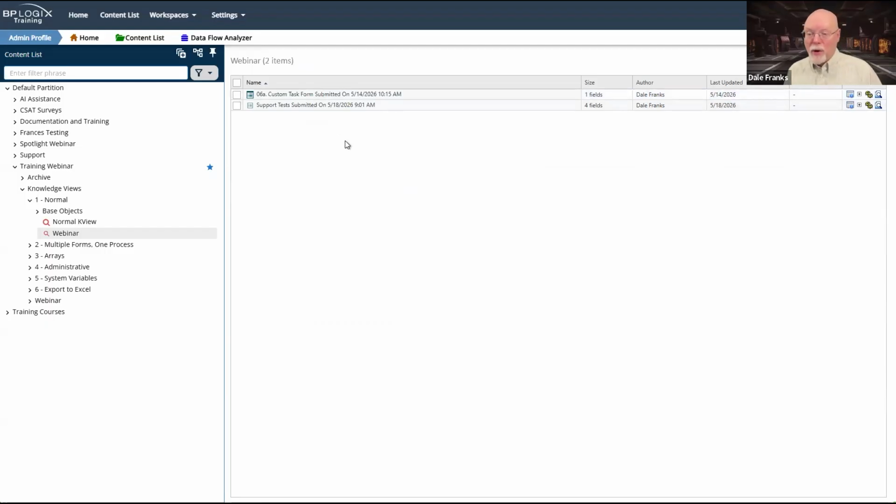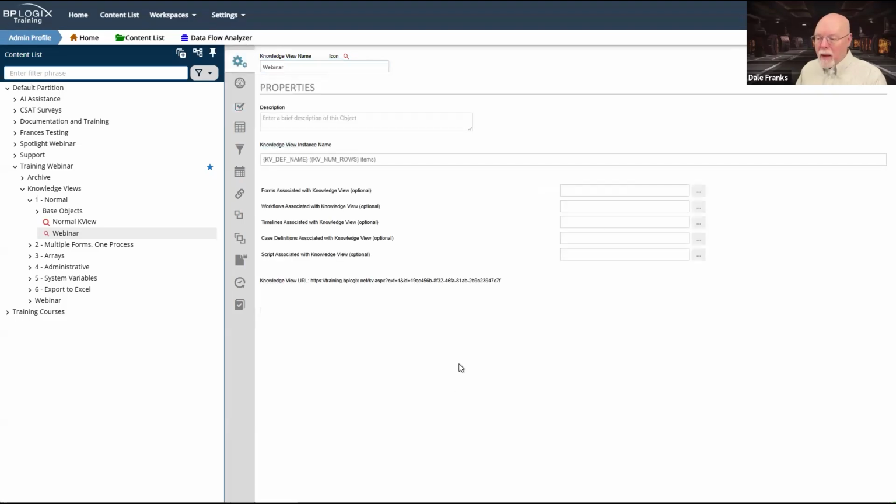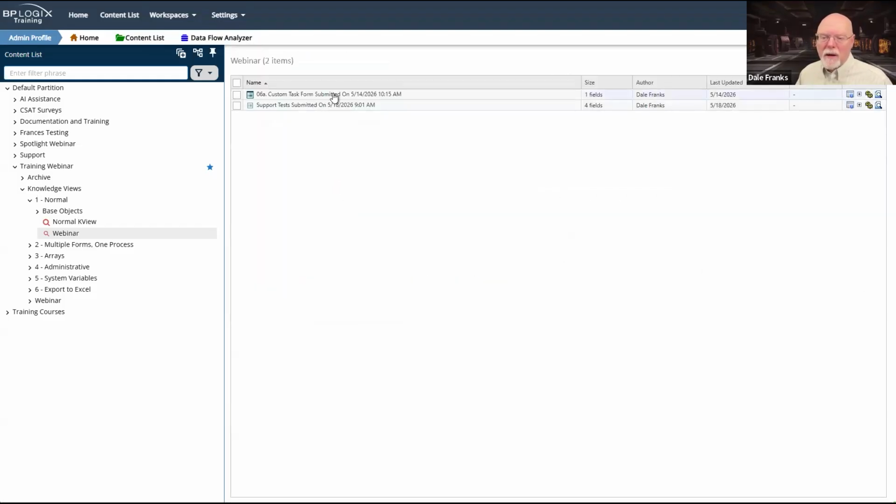By the way, this is also another demonstration of why you don't need to pick both a form and a process timeline whenever you are configuring the properties tab. Now, in this case, I'm not specifying a particular form, and that is intentional simply because if I did specify a specific form, I would have to find where it exists in the content list because I'm not entirely sure.